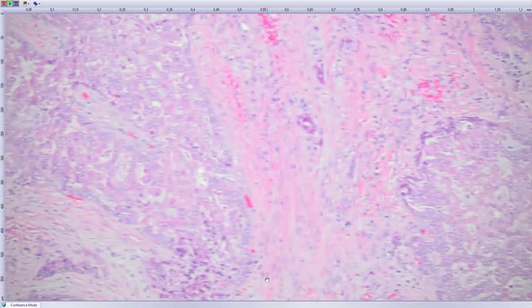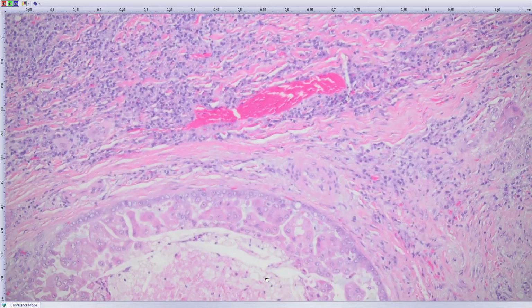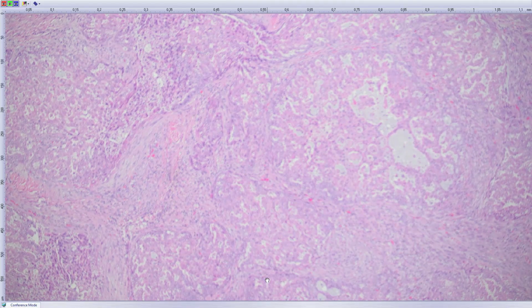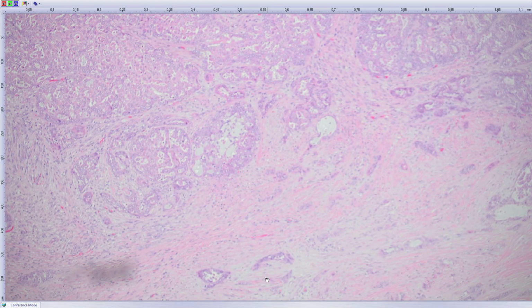So that is one of the rare ones, but we have several cases in our files. It is one of the rarest: secretory carcinoma of the thyroid, or as we described it with Anna Skalova 15 years ago, mammary-type secretory carcinoma, which sometimes, like in this case, can appear primarily in the thyroid and not in the salivary gland. Important to know because the lesion usually behaves in a benign way. I'm not sure that it is radiosensitive like papillary carcinoma, so surgery usually is the winning method to fight this tumor. Okay, the diagnosis: primary thyroid, example of mammary analog secretory carcinoma of thyroid, now called only secretory